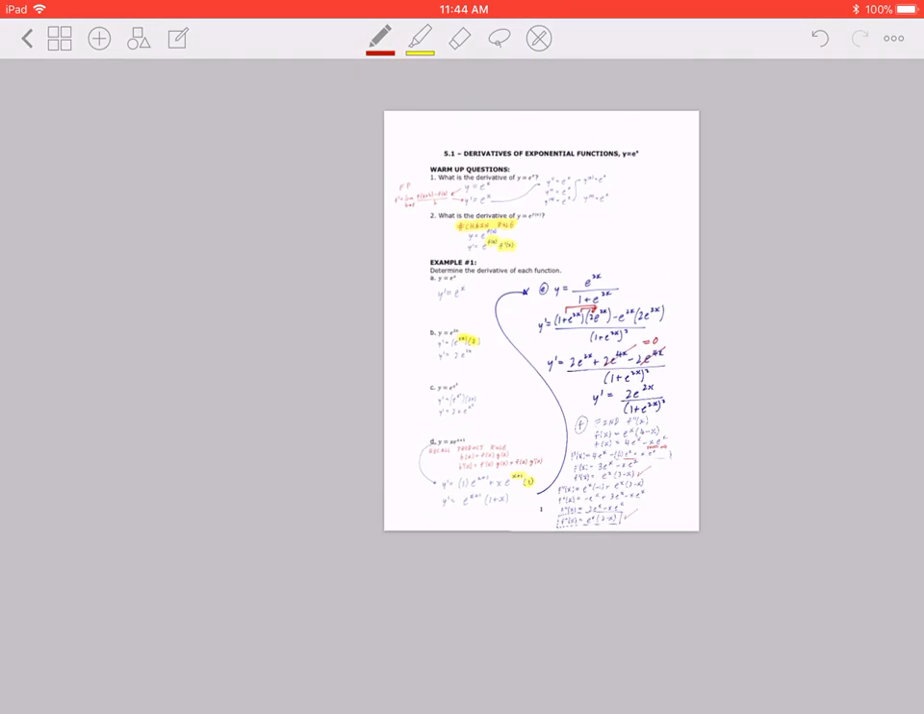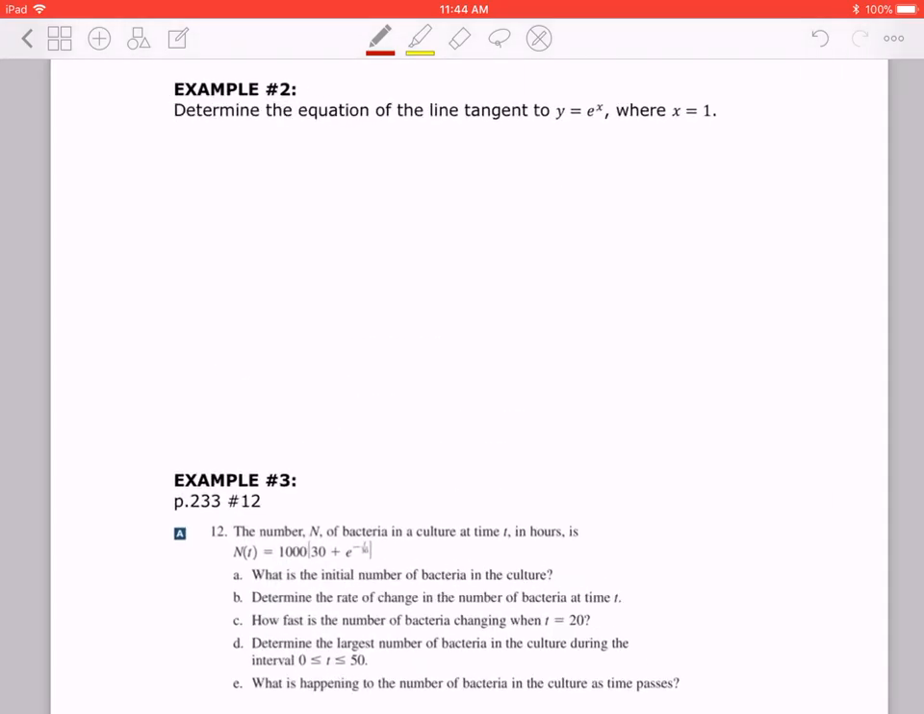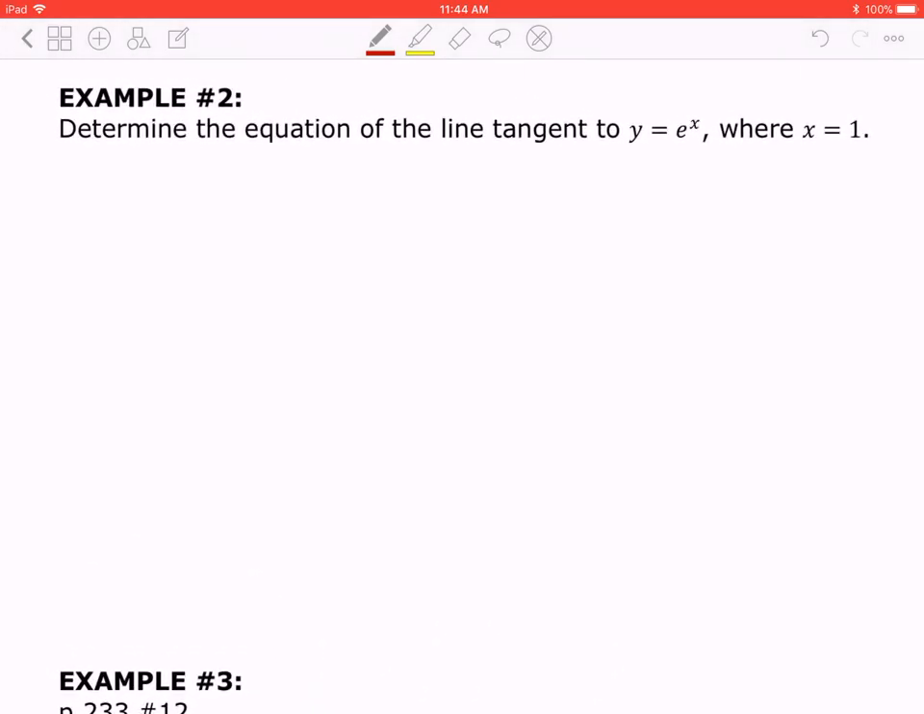Let's keep going. Example number 2. Determine the equation of the line tangent of